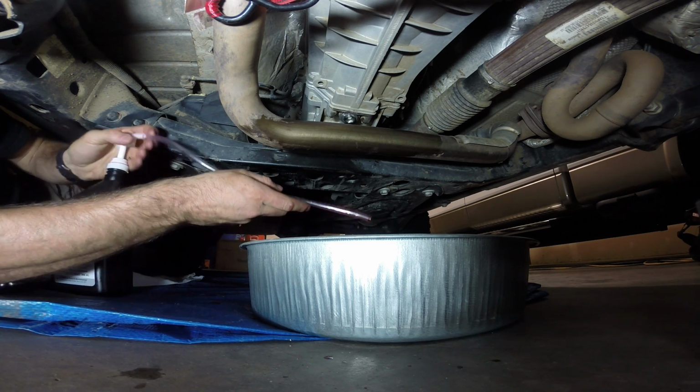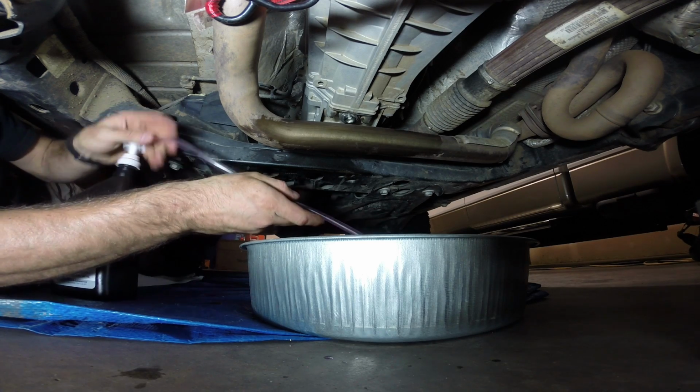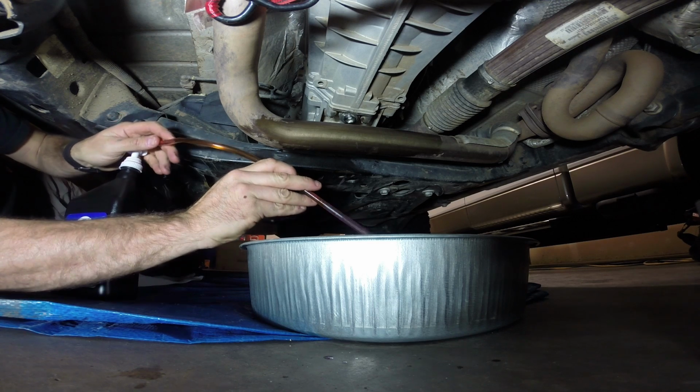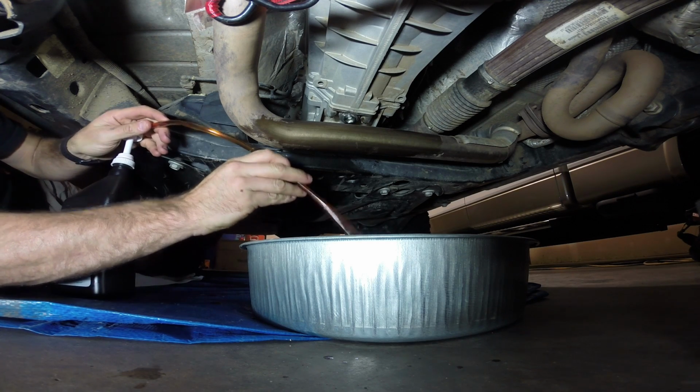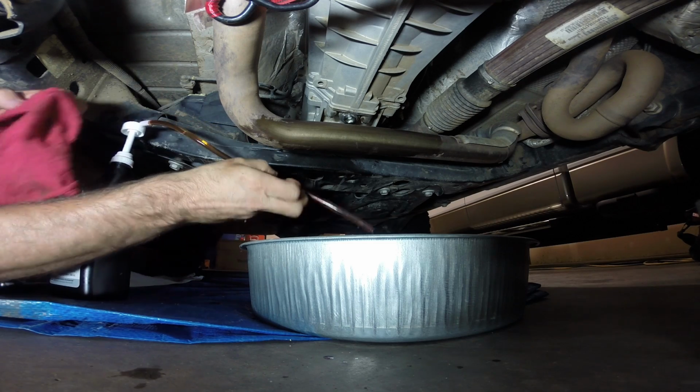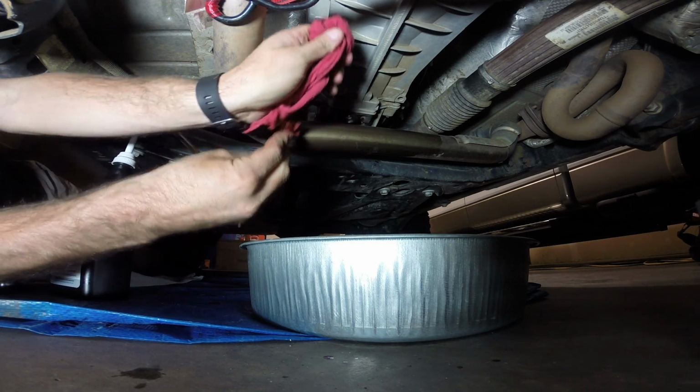So we'll get this siphoned in here a little bit and sacrifice a little bit of fluid to get that ATF4 out of there. That should probably do it. The hose is stained from the color, but